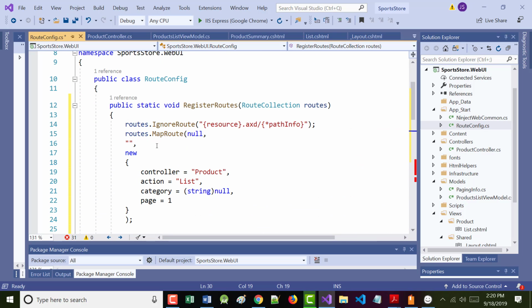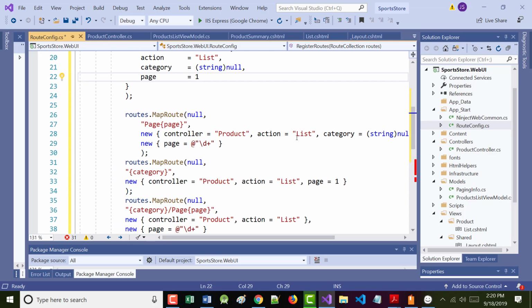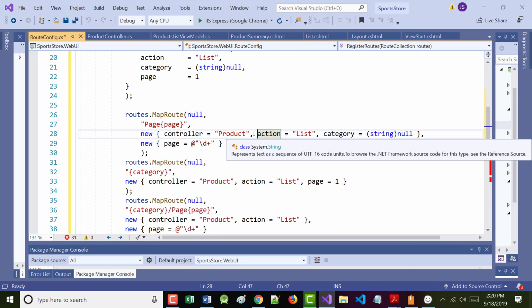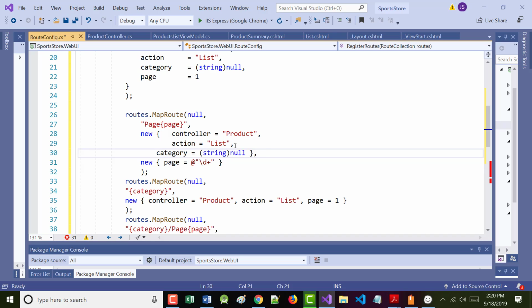As I mentioned to you previously, when we start going through this, you start to see the different permutations and how the author is handling it. Product list with nothing there, default to page 1. As we go through, there's the list, and you can just see the different ones that are in there. You don't have to do this. I'm just doing it to hopefully make it a little easier for you to see what's going on. But it is going through the different permutations, the different types of combinations that you have in there.